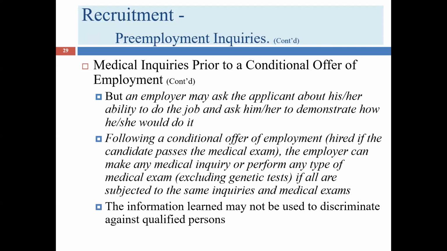Now, of course, the candidate might say, well, I would need you to have a different filing system. I can't file up that high because of my physical limitation. I can file maybe up to 3 feet high. And so you would need to replace this 5 foot high filing cabinet perhaps with a wider 3 foot high filing cabinet, or maybe 2 filing cabinets. And I would be able to do it, and this is how I would do it. That would be an appropriate way. It's best to ask the same questions of everybody under those circumstances.